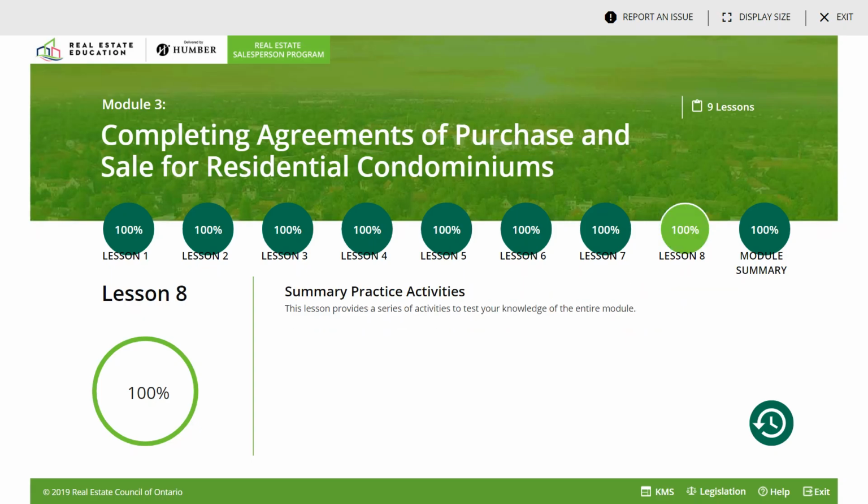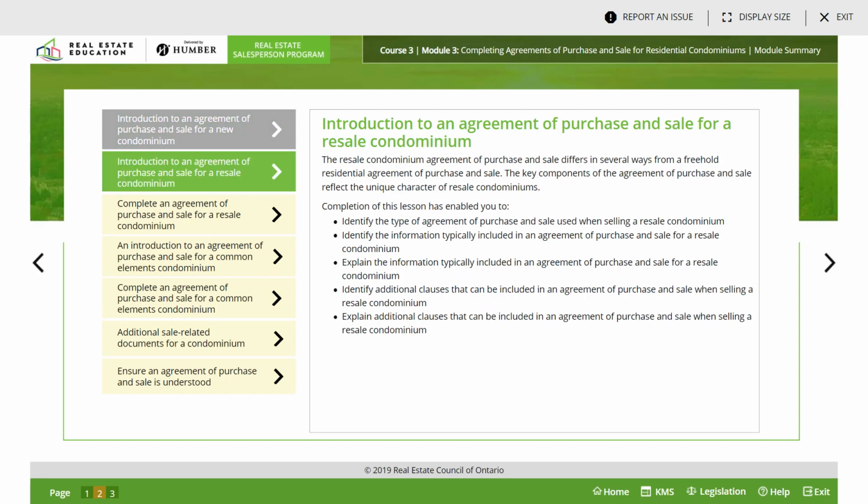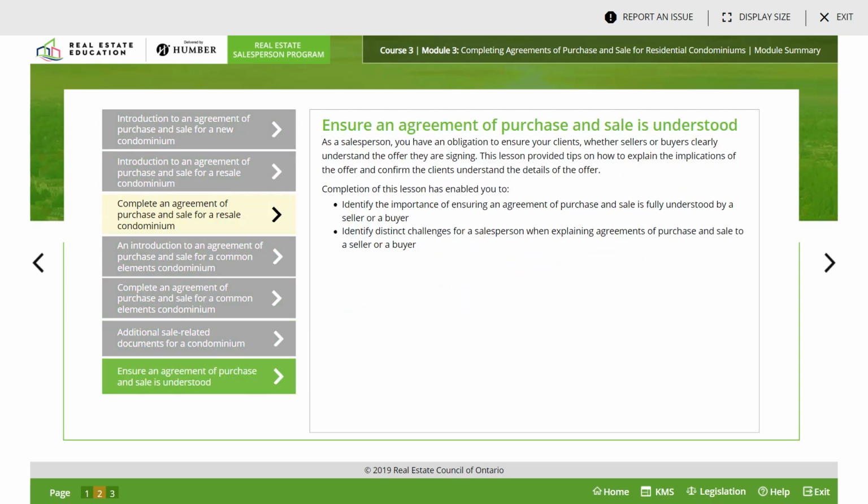Moving on to lesson 8, which is basically summary practice activities. Module summary, we'll go through it. Let's see what we find here, if anything. Yeah, basically we've read all of it. So yeah, that was course 3, module 3,